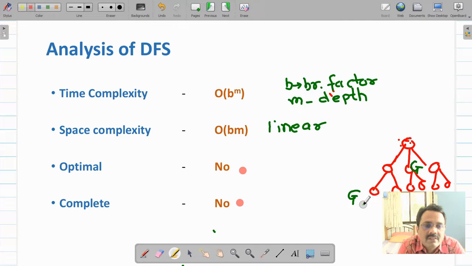Somewhere situation like this. Now when there will be a cycle, if same state you are getting after some time again and again, so that may result in a cycle. So if it's a graph, what we do, we convert that graph into the state space tree. So same node may be present at many places, duplicate nodes will be there, so that will result in a cycle. So if that is the case, algorithm will not be able to come out of that cycle, and it will not be able to return you the result. So therefore algorithm is not complete even.